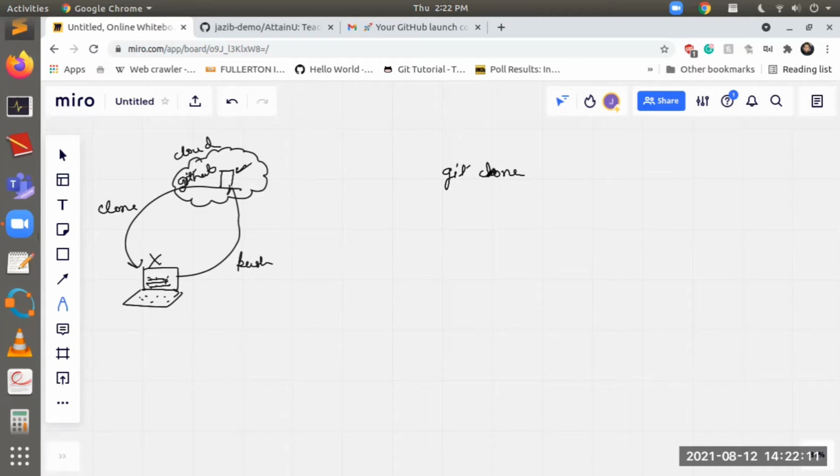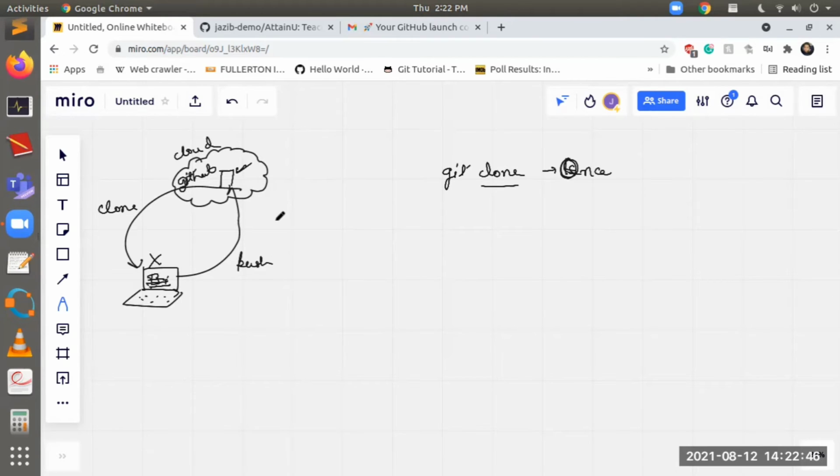So this clone command, we do this only once. Let me write it in this. Only once. We will do it once when we make a clone of this repo for the first time on our computer. After that, if we make some changes and push them, next time we won't have to make a clone again. What we'll do next time is something called git pull. That will be some other video. But right now we'll see the git clone command.